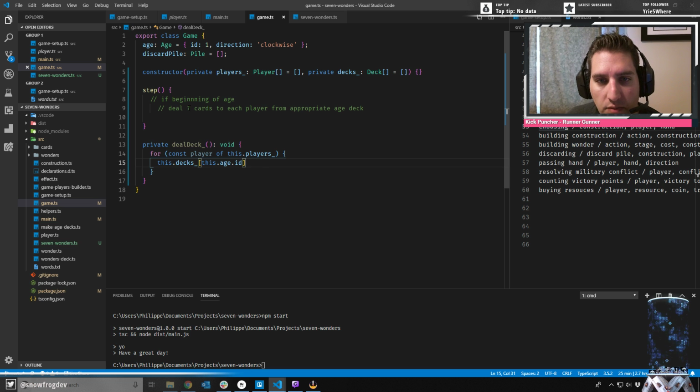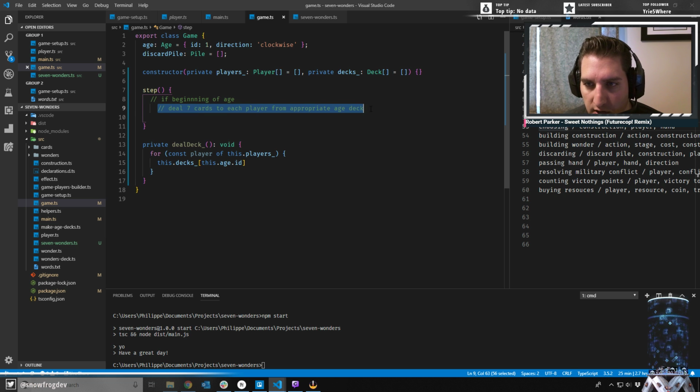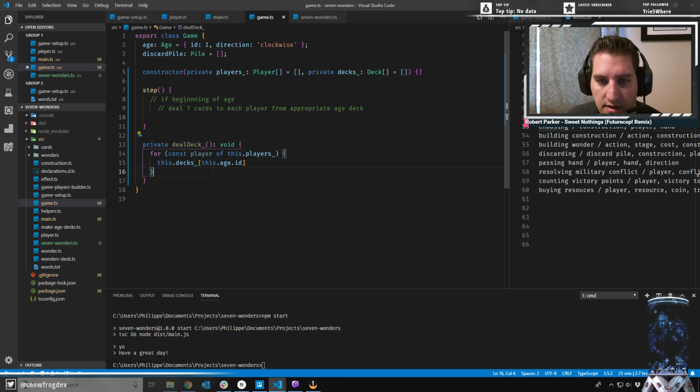Oh yeah, I'm making a step function to move the game along. And the first thing I thought I would need to do is check if we're at the beginning of an age. If we are, deal 7 cards to each player. And this is what I'm doing here, the deal deck function. So for each player in our player array, boom,